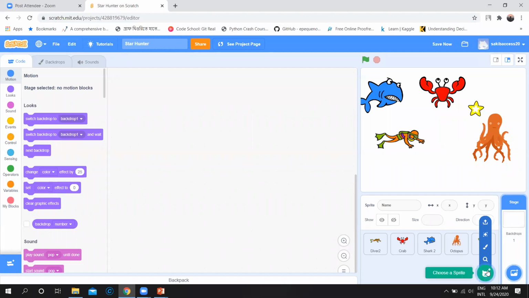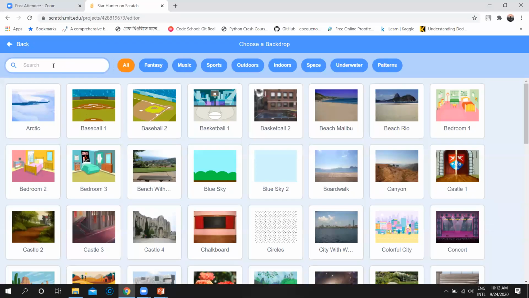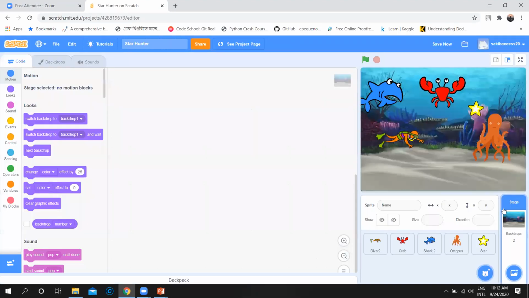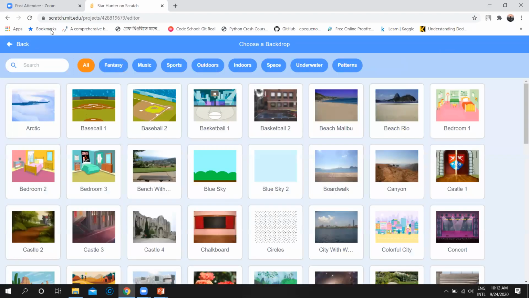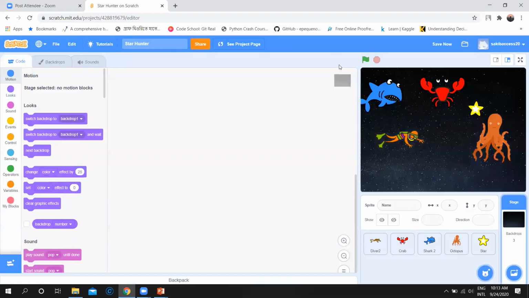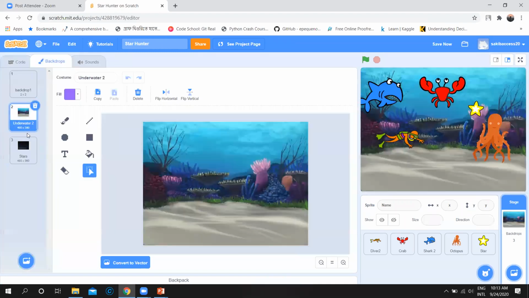This is for a sprite, this is for a backdrop. Click here. I'm just adding underwater. Then I will add another backdrop, that is a star. So I now have two backdrops. If you go to backdrops, I have underwater and star.